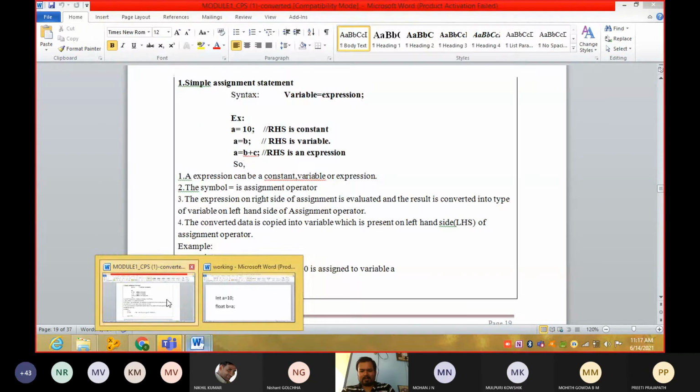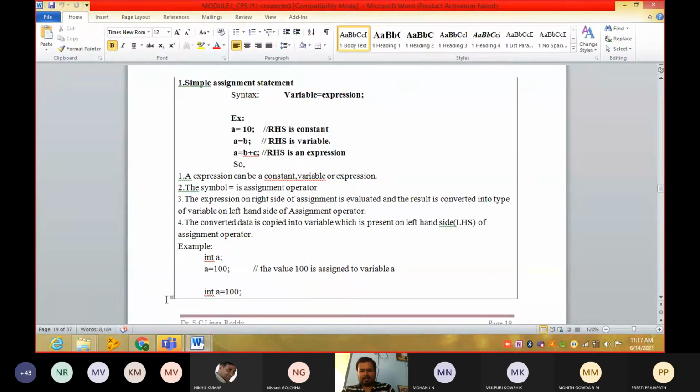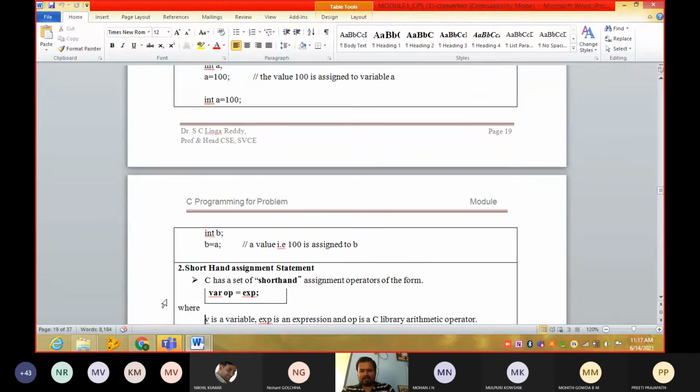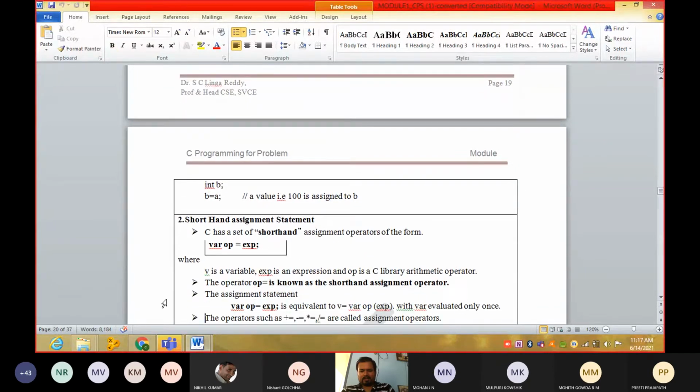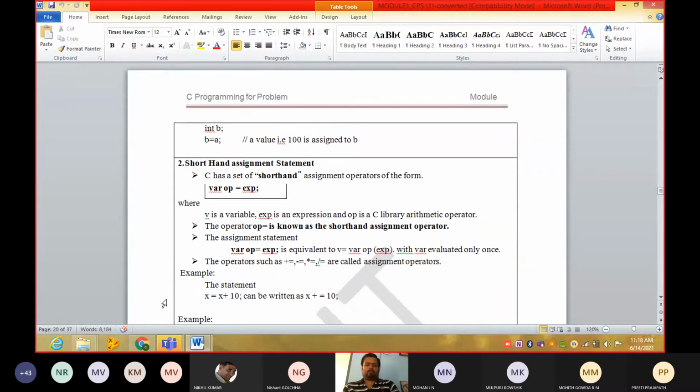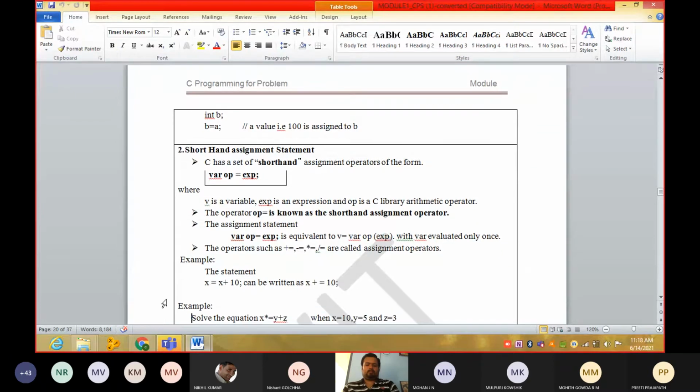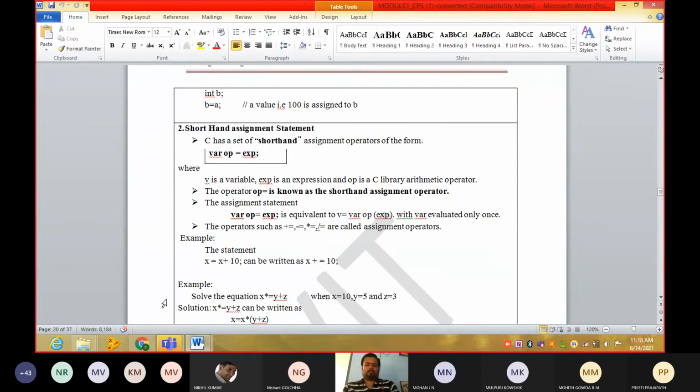So first one is simple assignment statement. Next, shorthand assignment operator, guys. First you go through the example. This might be a new thing for you.